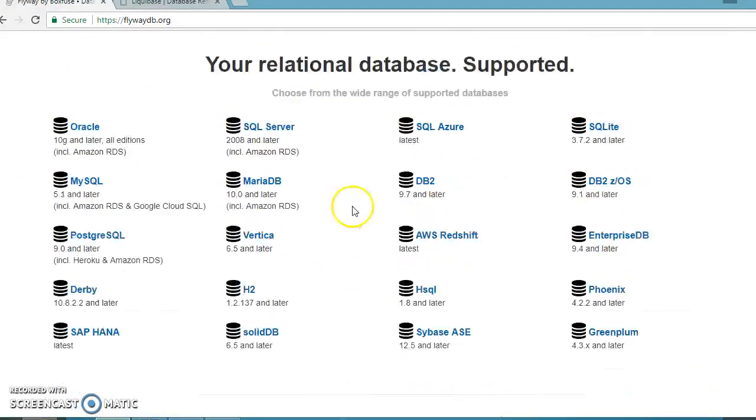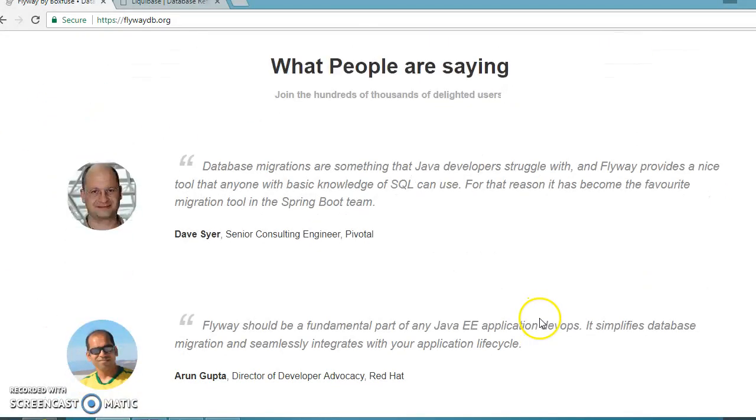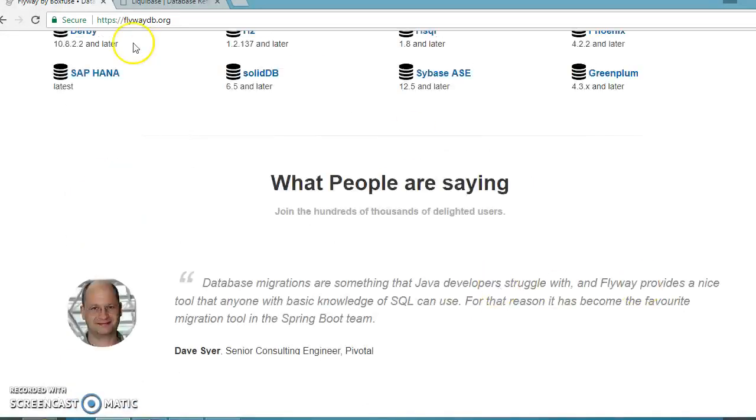It depends on what database you are using. Flyway supports a handful of databases. You can see the list over here, and across the globe, a lot of developers are using Flyway these days. And now